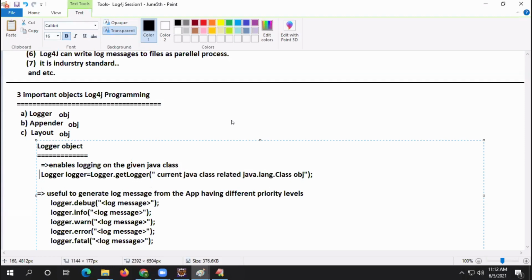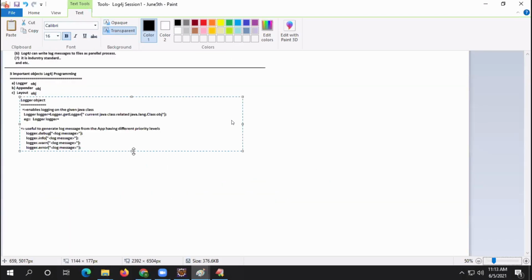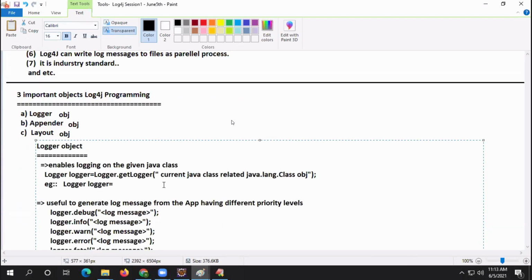Okay, fine. Logger is equal to Logger dot getLogger. So now listen, example. Logger is equal to Logger dot getLogger of. Suppose I am in a service class. That service class is doing bank operations, guys.